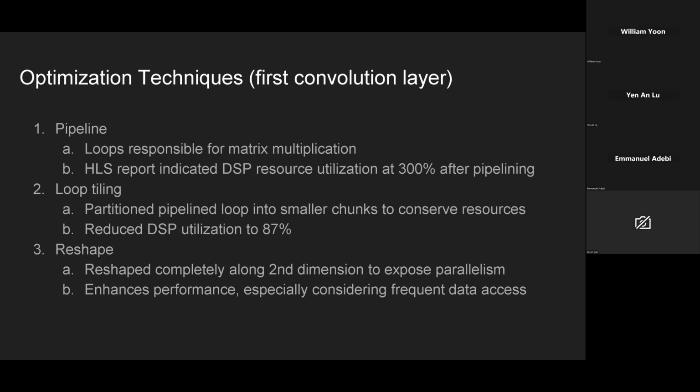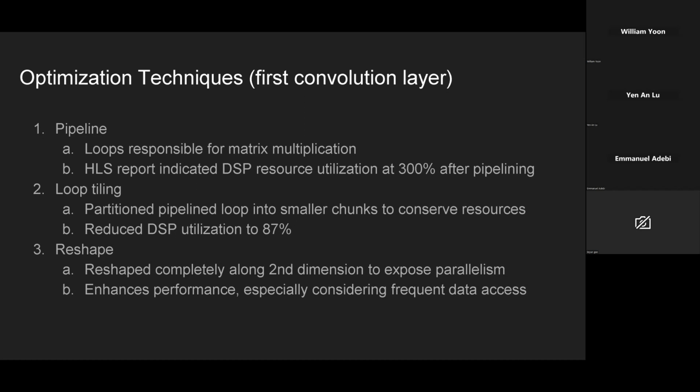The optimization process for matrix multiplication in our design involved the application of several key techniques. Initially, we implemented pipeline optimization on the loops responsible for matrix multiplication. The HLS report reveals a DSP resource utilization of 300% after applying pipelining, and it indicates that there's a resource overload. So we further optimized the design using loop tiling, a technique that partitions the pipeline loop into smaller chunks to conserve resources. And this strategy reduced DSP utilization to 87%, alleviating the resource burden observed during the initial pipeline